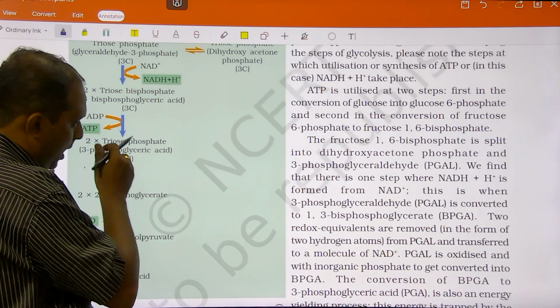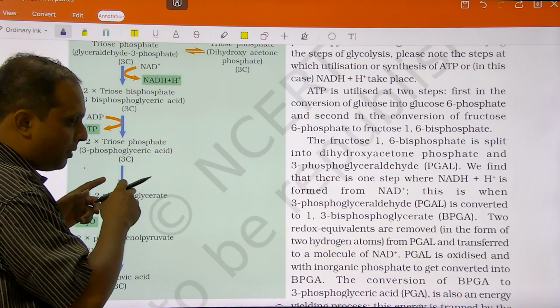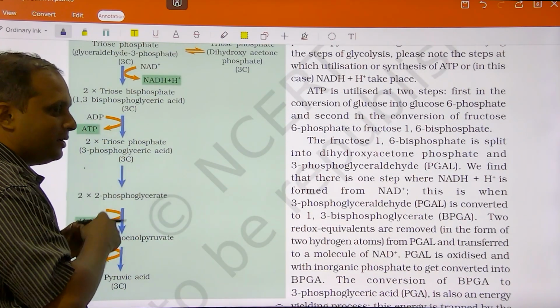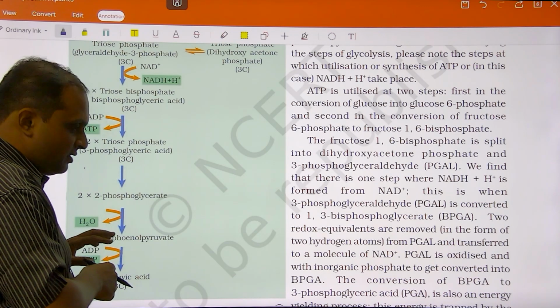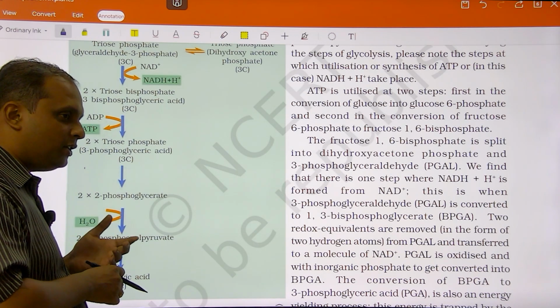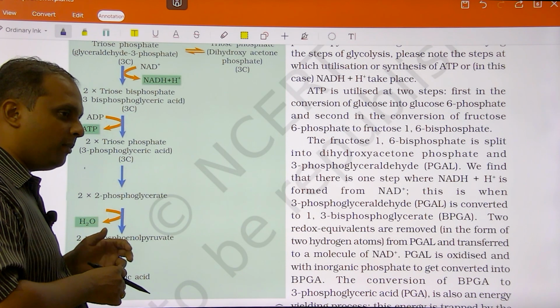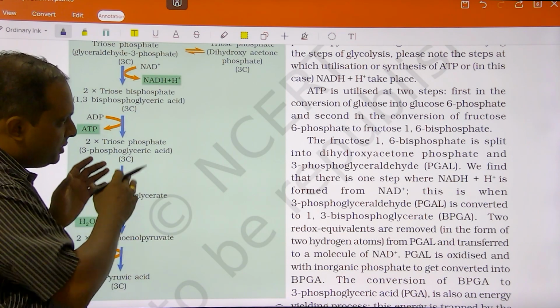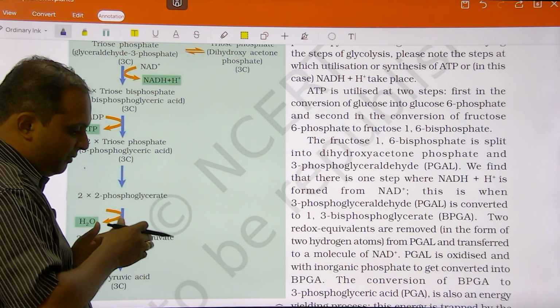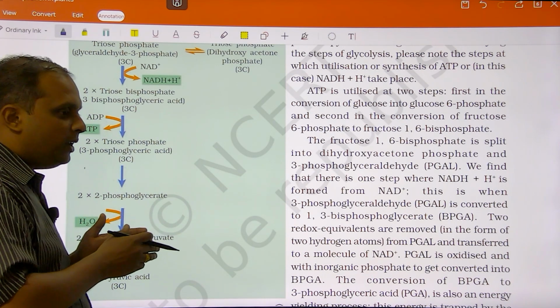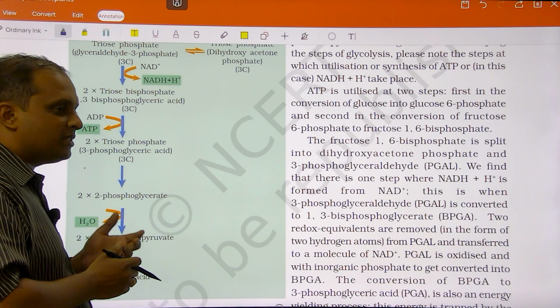So you'll also note that this is going to be the common pathway for both aerobic and anaerobic. Pyruvic acid is what is going to get further converted into lactic acid or ethanol depending upon the enzymes present. So this is a common pathway. From pyruvic acid only the fate will be different depending upon the presence and absence of